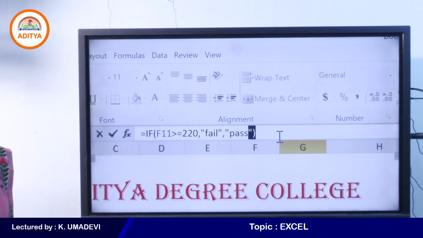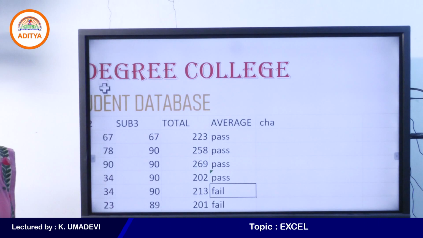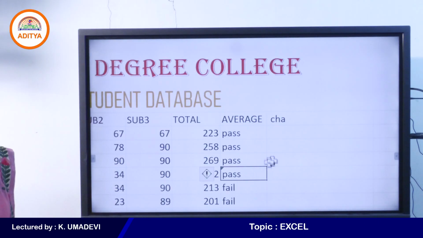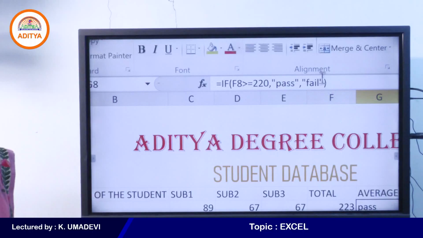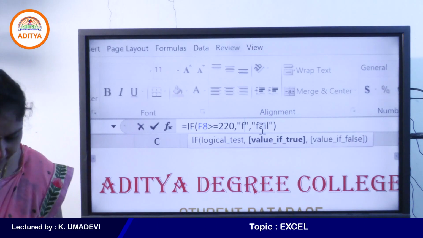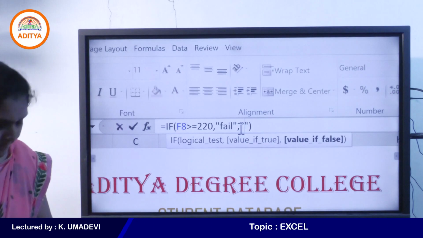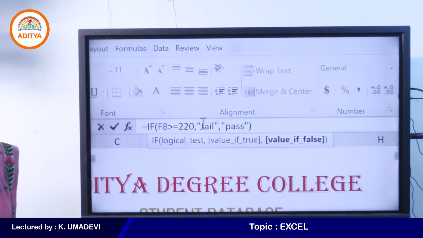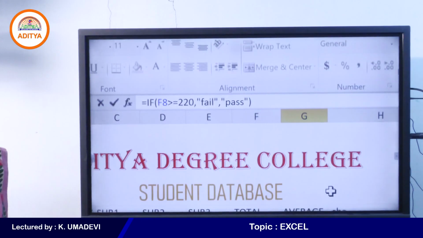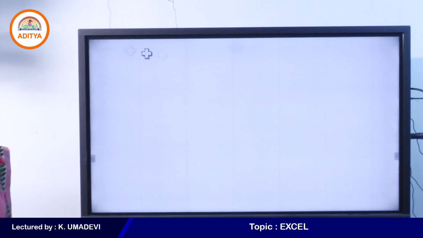So now press enter. So fail. Just observe the screen, students, and pass. Okay. Press enter. So now the result is fail.